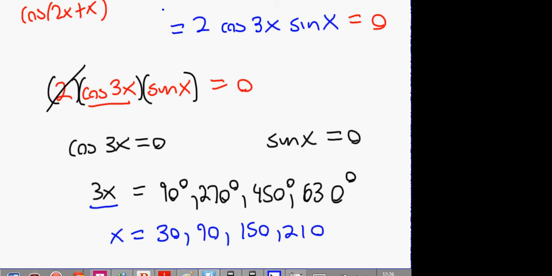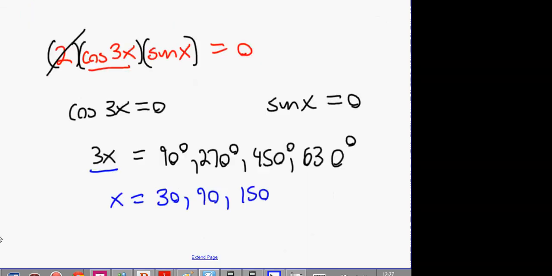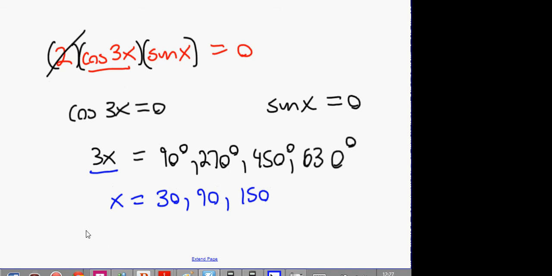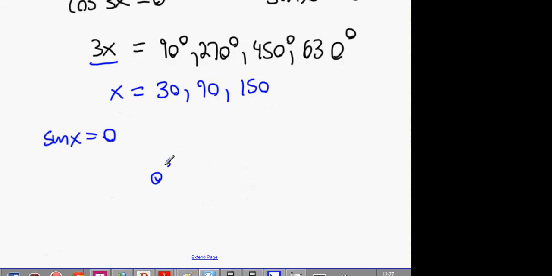What's the problem with 210? Too big. So get rid of the 210. Alright guys. Next one. When is sine x equal to 0? Read it on your tables. 0 degrees and 180. There's no point looking at anything else because I don't have to divide. Do you understand? I only go further up when I have a number in front of the x because I then have to divide it. So that's going to get me 0 and 180. Okay guys? So look,